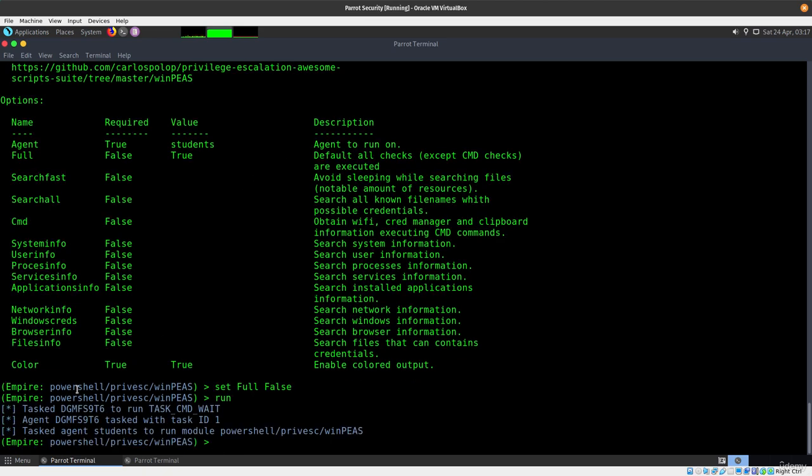You can just run it. So this is, like I said, similar to Metasploit, right? You pick a module that you want, you connect to a server, and after you connect to a server, you can run a lot of modules. You can do hash dumping, almost everything that you can do in Metasploit, you're going to be able to do in Empire. Empire is a little bit slower than Metasploit,